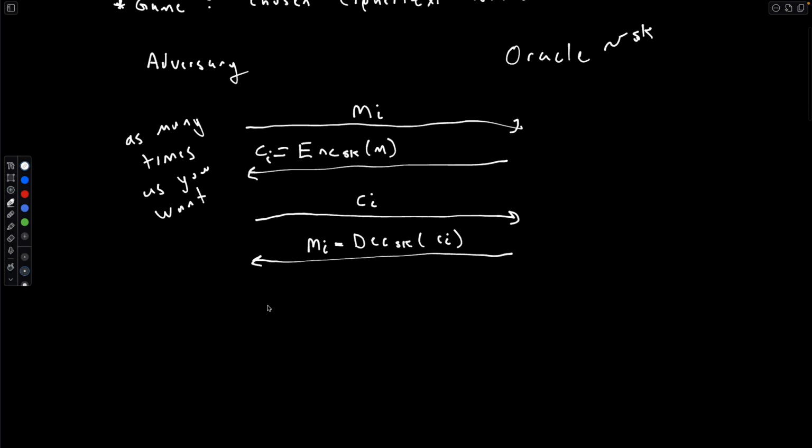Okay, so this is the actual game part. So this is kind of like a preamble. It's stuff you can do at the start of the game. Then the game itself, to test whether you can break the encryption or not, is what the adversary is allowed to do is choose any two messages. I'll call them M1 and M2. What the oracle will do is flip a coin